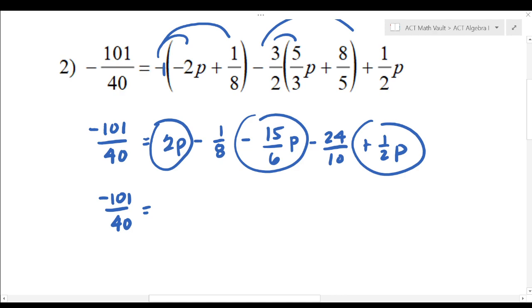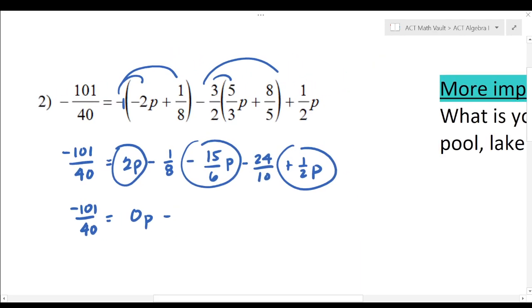Okay, so I'm going to use my handy dandy calculator, and anytime I put in a fraction, I'm going to use parentheses. So weirdly enough, I end up getting 0p for this one. That's strange. Okay, then I need to do -1/8 and then minus 24/10. And I'm going to get a decimal with using this calculator, but there's a trick where you can go, like this was, to find this number here, it was saying that it was